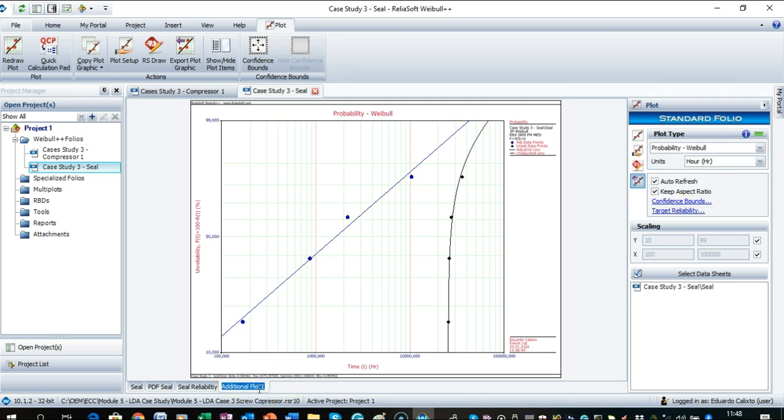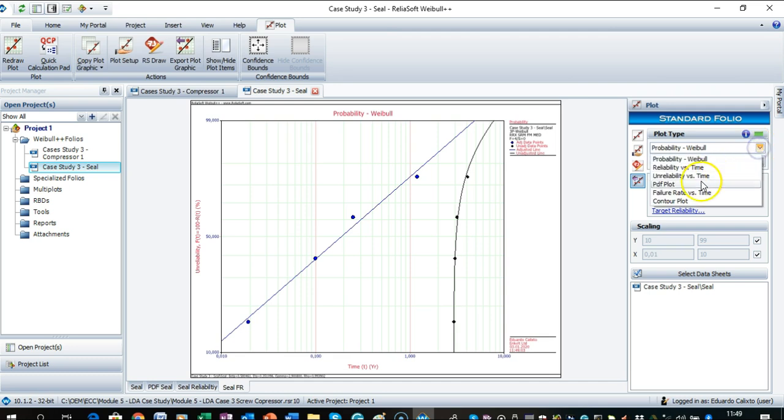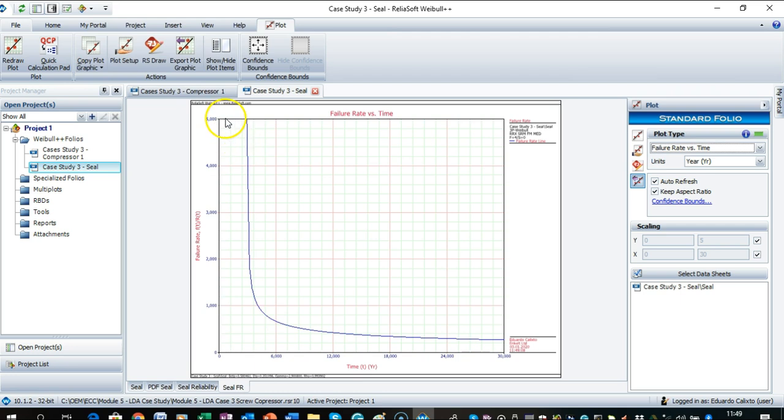Let's put it in years and see what the pattern of the seal failure rate is. So the failure rate is zero for a specific period of time, and then, as we have this asymptotic failure, the failure starts at a very high level and then decreases and then goes to achieve, after some point,